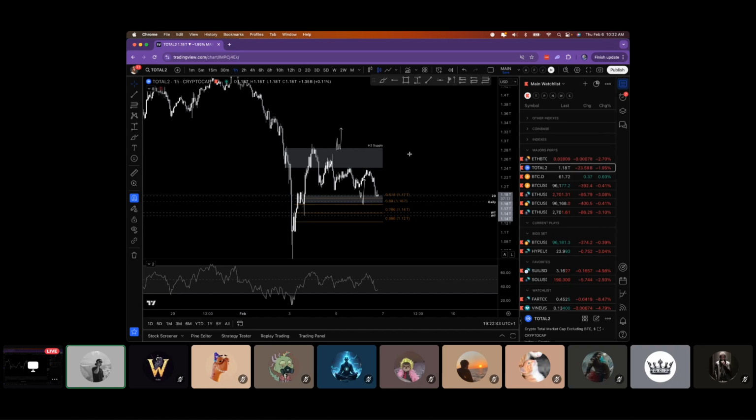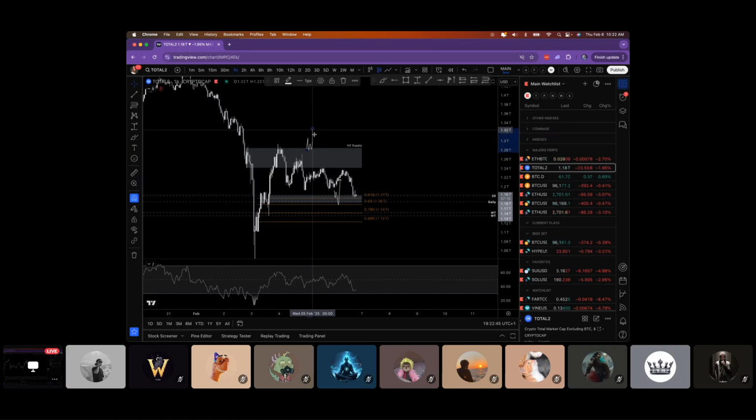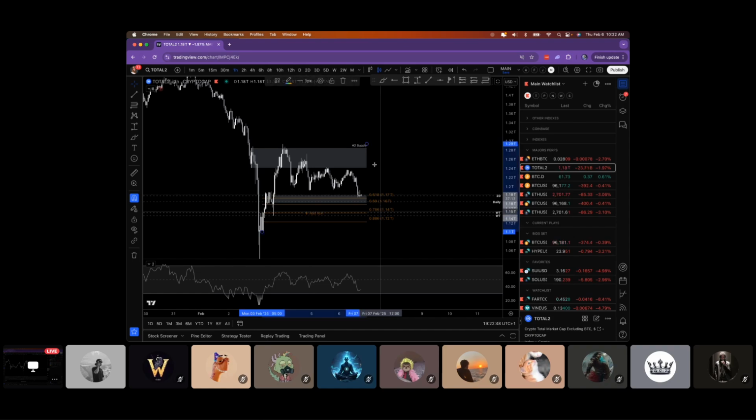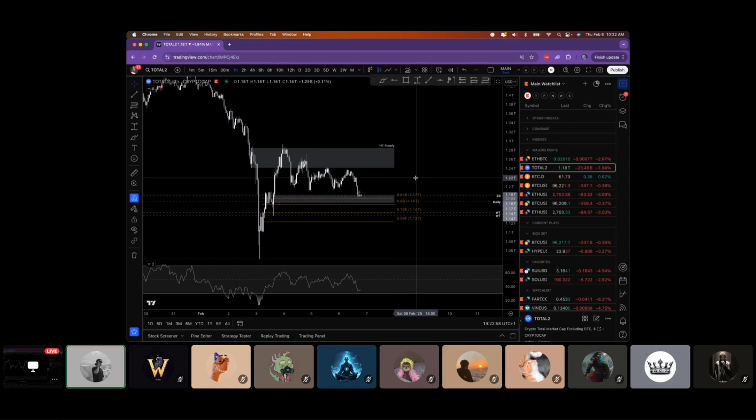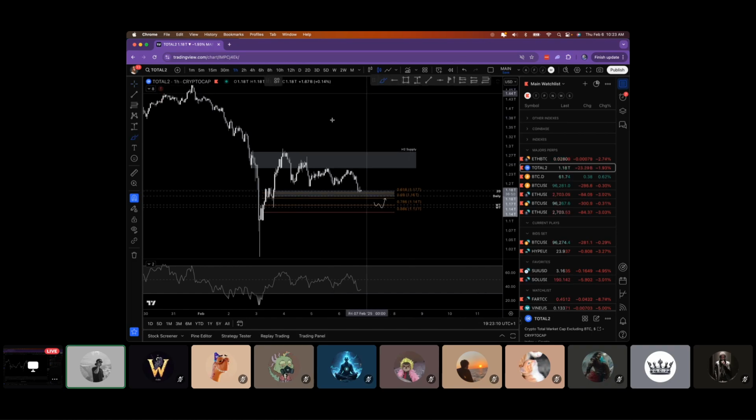So Total 2, this is what I'm looking at the moment. Total 2 is an index showing you ETH and altcoins, excluding Bitcoin. And for me, we're coming into support here as well as support below. And for me, this was a supply zone on this index. And you can see we rejected, put in a lower high, and have been trending down since. So using this index,